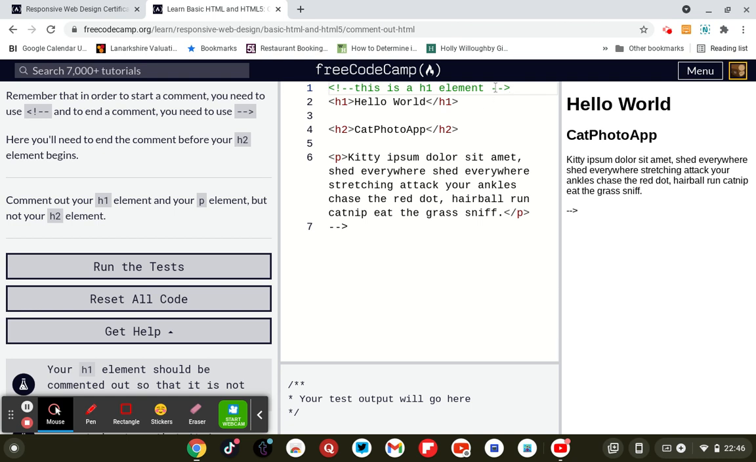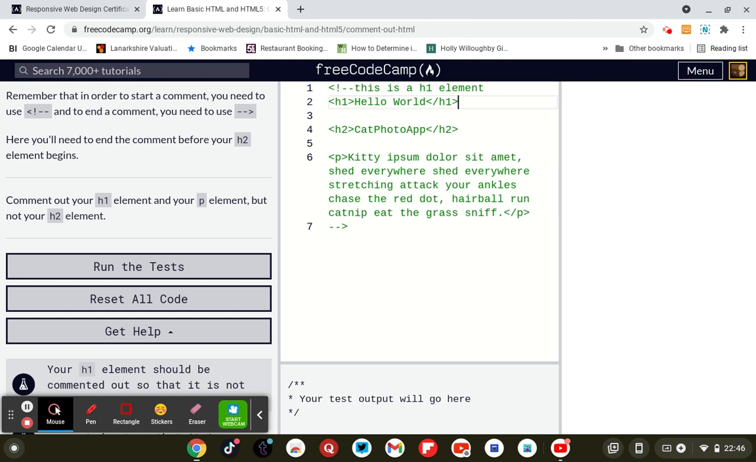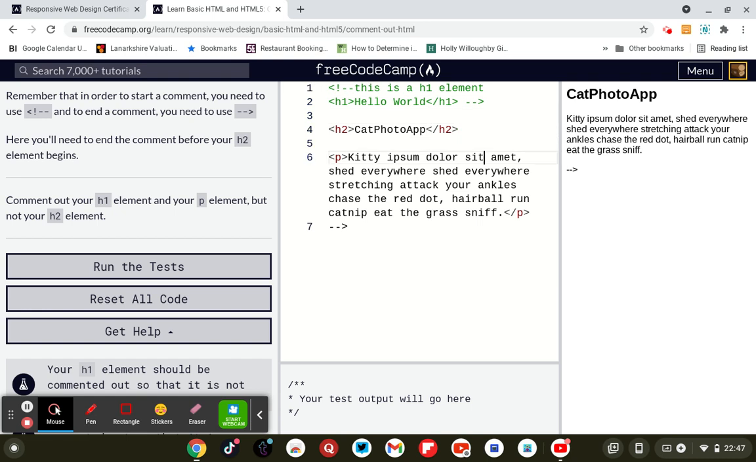So we want to comment the H1 element, like come along there, and do that, but not the H2 element, but the P element. So